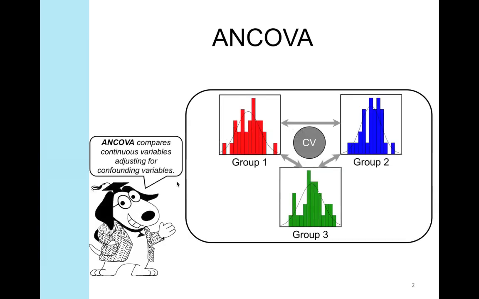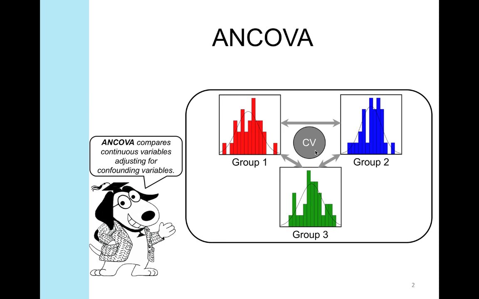This is very similar to an ANOVA analysis that we discussed earlier in the semester. When we're looking at an ANOVA analysis, we are comparing the mean differences among three or more groups. However, there's an additional component with ANCOVA, where there's a covariate. There is some additional variable that could possibly have influenced our outcome variable as well. And so